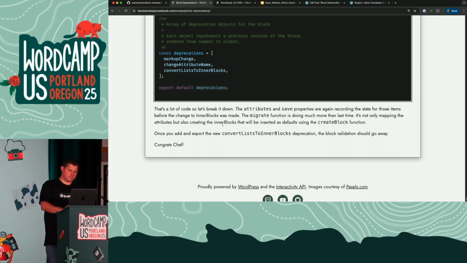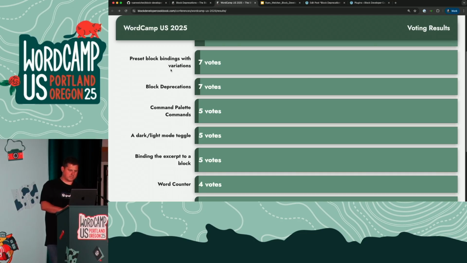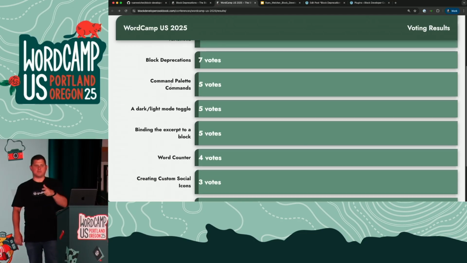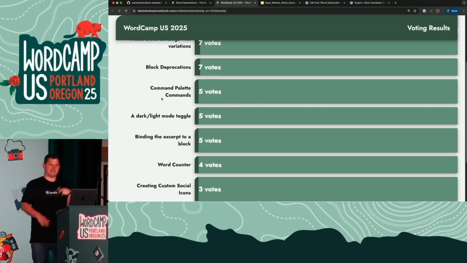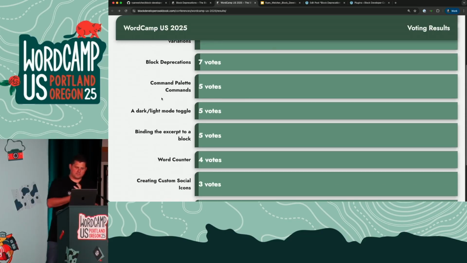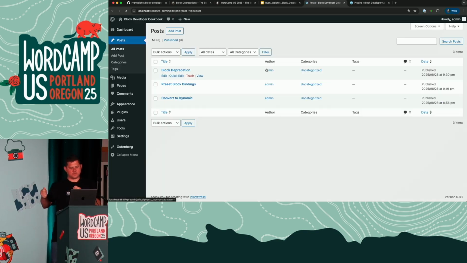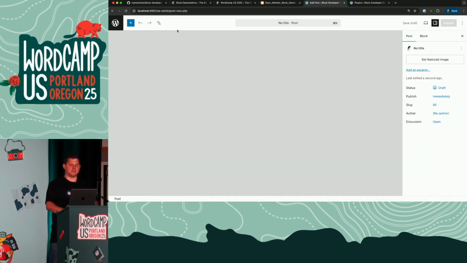So yeah, we're doing that. Okay, so when we talk about commands, there's two types of commands. We have a static command and a dynamic command, and WordPress likes to call things static and dynamic, apparently. But both types receive an object of a name, a label, an icon, a callback, basically what's run when the command is invoked, and then there's a context one, which is